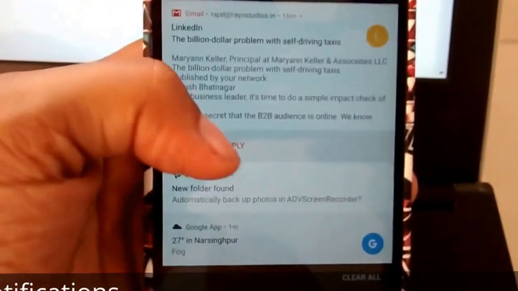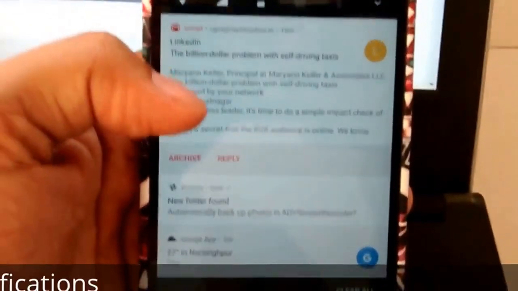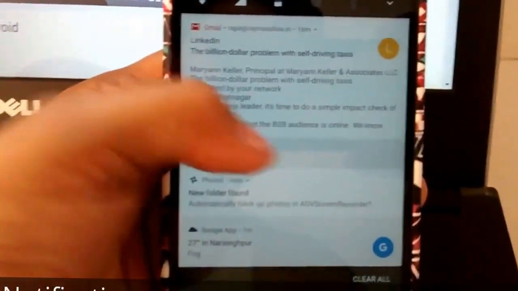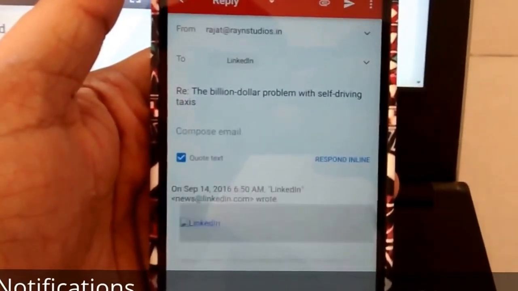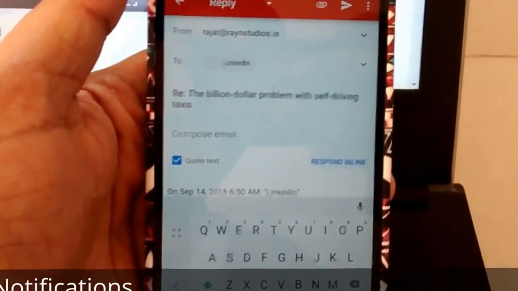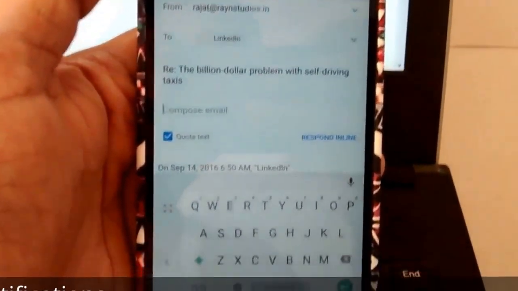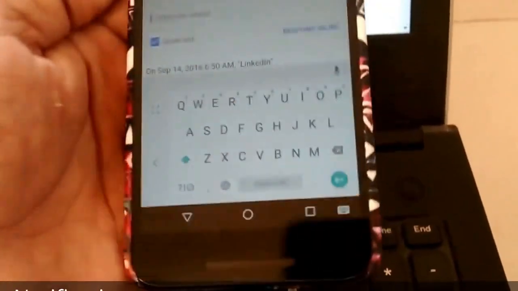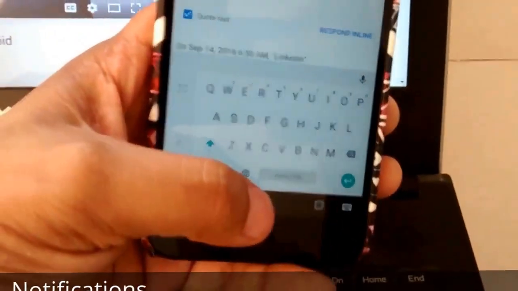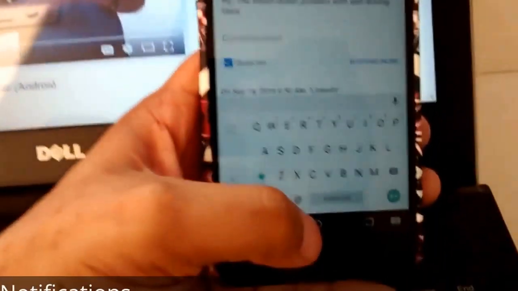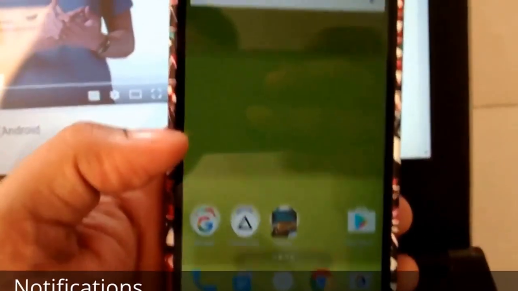So I can reply to this message right from the notification panel. So let me click that button. Alright, so it takes me directly to the mail composition screen. I'm not going to send mail to anyone, but yeah, that is how this feature works.